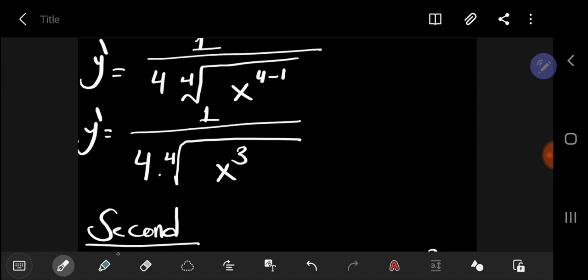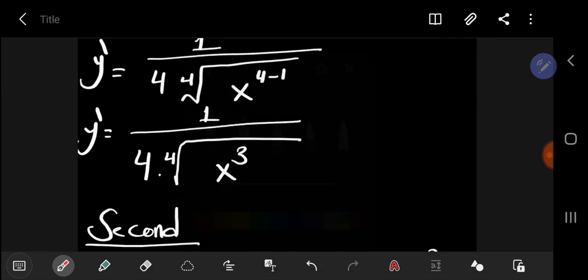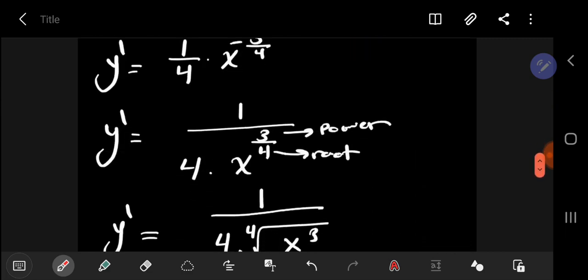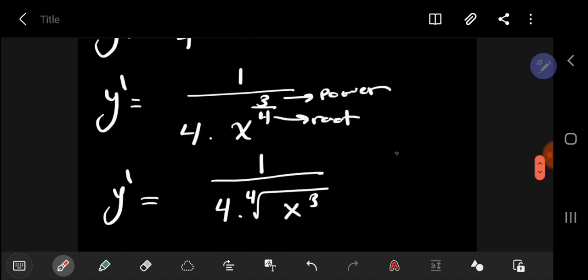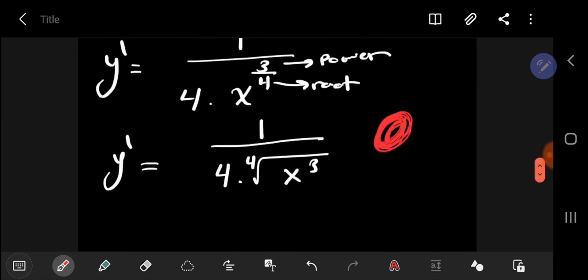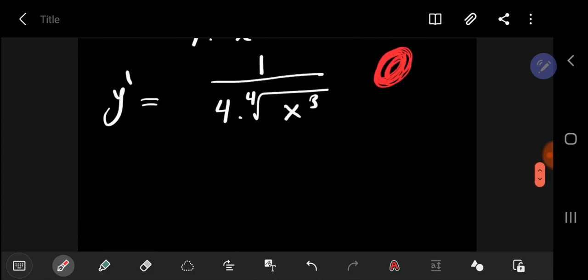Is it equal to this rule? Yes, it's equal to this rule. So the two ways are equal. The two ways are right. Every way you want to solve by it,